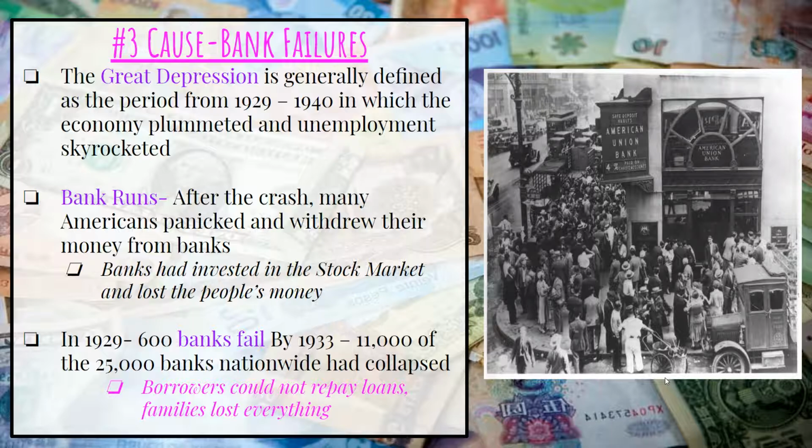But not only did banks give money to other people, they gave your money to other people, but they also took your money and everybody else's money that was in the bank and they invested in the stock market. Think about how banks have to pay their electric bill. How do they pay their workers? It's from the interest on loans that you have and also investment in the stock. So all these people's monies were gone. And because everybody tried to pull their money out, the banks ultimately failed, meaning they had to close down.